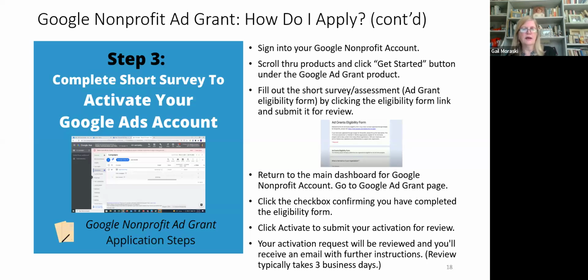And then you're also going to have to provide some information about your nonprofit organization. Then you have to return to the main dashboard in the Google Nonprofit account and go to the Google Ad Grant page. And you're going to have to indicate that you completed the eligibility form and click to activate your activation for Google Ads for review.